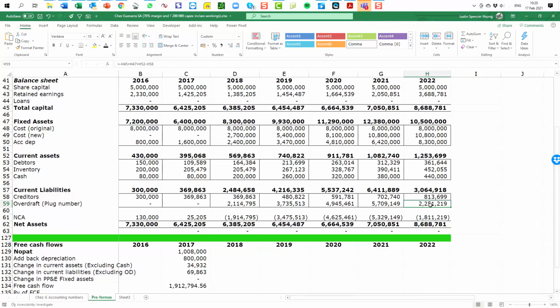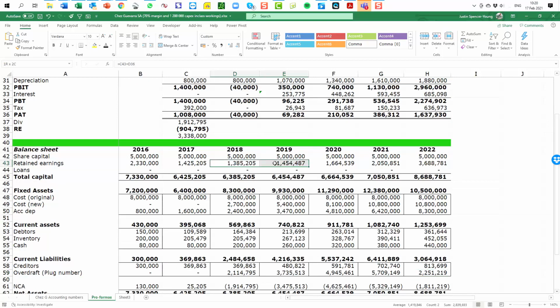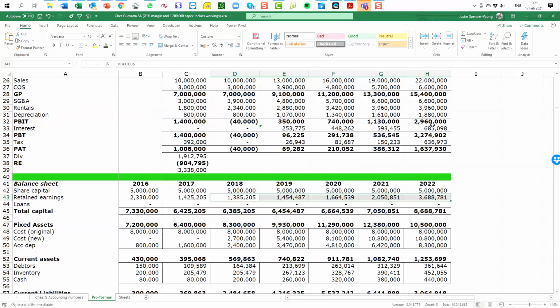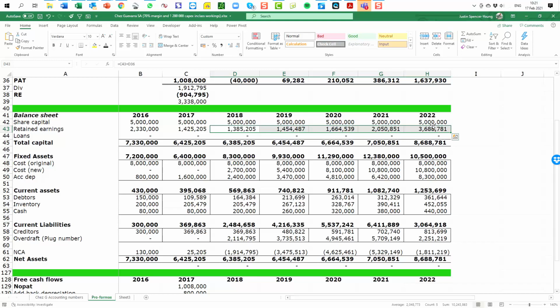Obviously now no longer spending capex to build cafes, and now we are producing profits and generating cash, and therefore the debt requirement is improving or reducing quite substantially. Okay, so that's just a look forward at what is happening. Just for completeness' sake, the retained earnings number is growing and growing, and then growing quite sharply in 2022. As you can see, all these profits from now, however many cafes are generating revenues, 22 of these cafes, nice profitability flowing into the income statement.